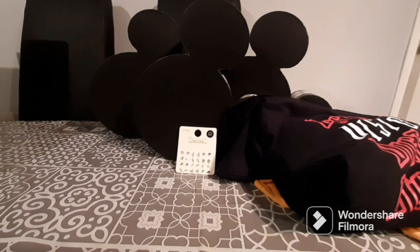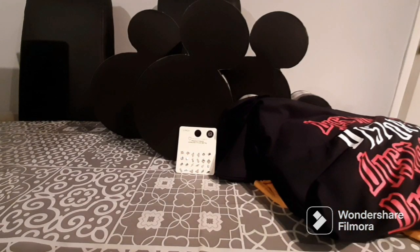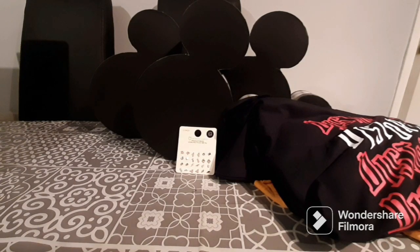And that is my summer haul on a budget. I hope you guys have found, I don't know, this helpful. And maybe if you find a top that you really like in the men's section and you just want to make it more your style, you should definitely think about purchasing these and just doing things. Give them a little bit of a snip or put a little hole here and just see what it looks like. That's what I do. I try and test it. If it doesn't work, it doesn't work. And if it does, then I'm